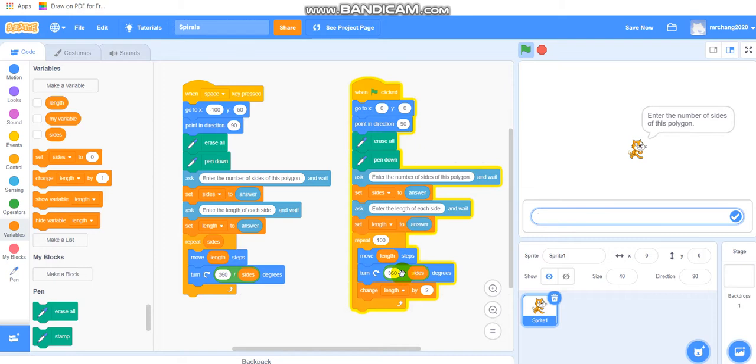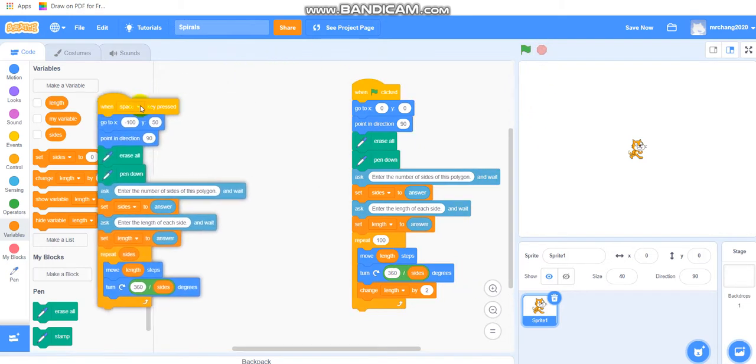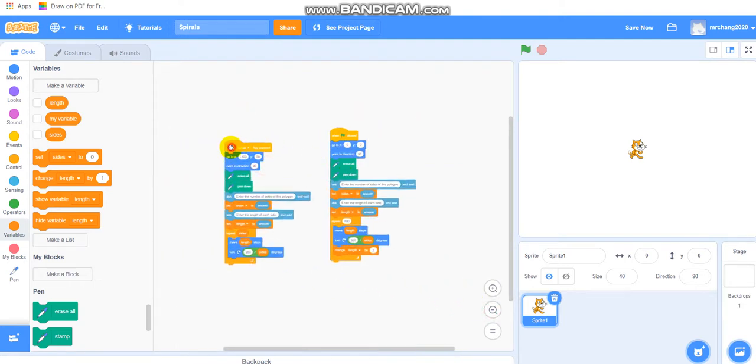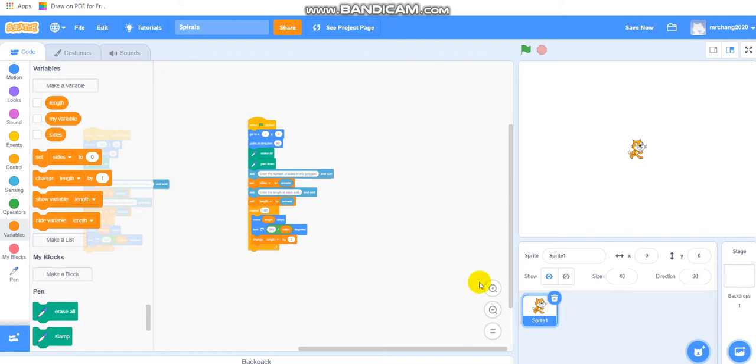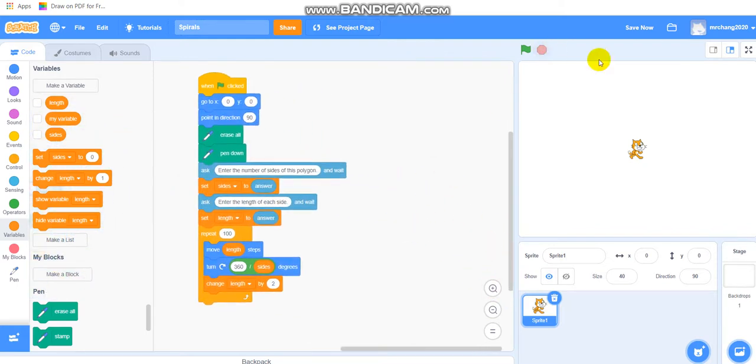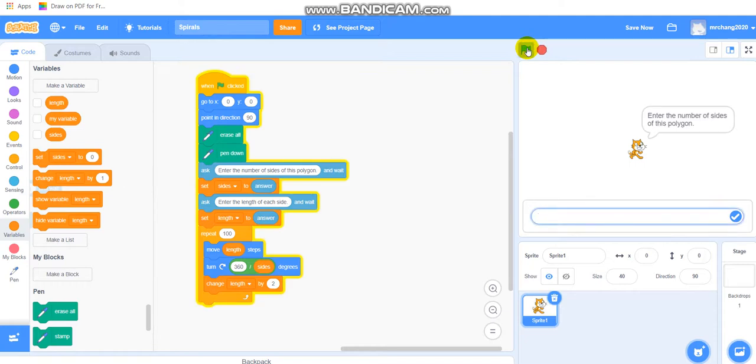So let's go ahead and try this. Actually, we don't need this anymore. Let's go ahead and just, actually I don't want to delete it. I'm just going to put it on the side, and I'm only going to zoom in on what we have here. Okay, so let's say we want to enter the number of sides of this polygon,